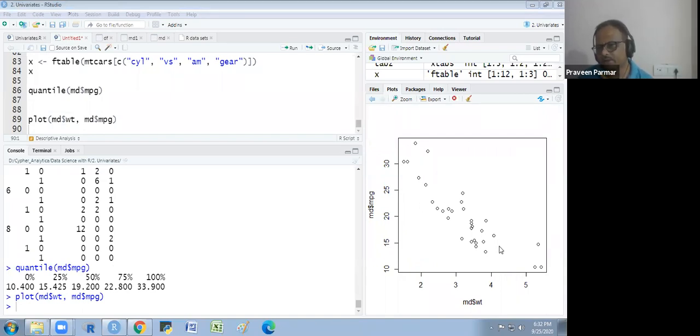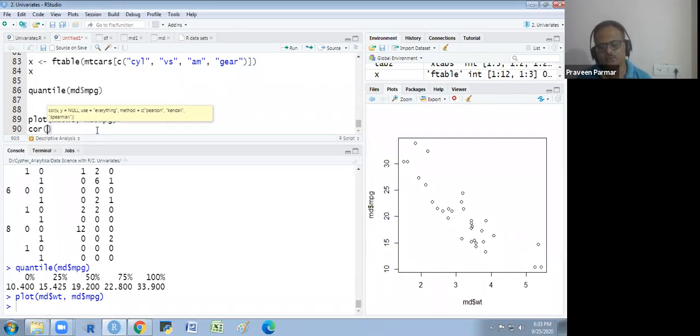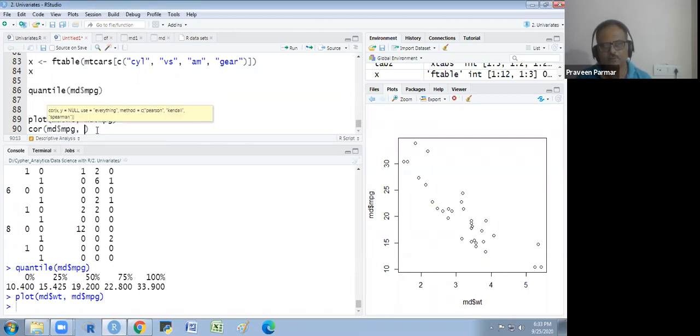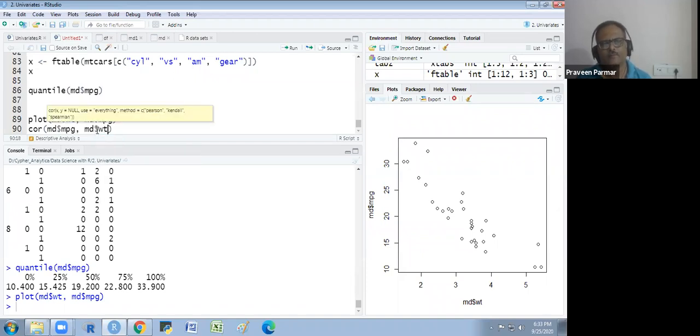For our understanding, we could find out the correlation between two variables. Here you see it is a negative correlation, because x is increasing and y is decreasing. If you want to find the correlation, you just write cor, and these two variables, mtcars dollar weight and mileage.